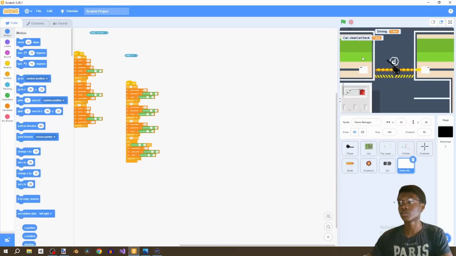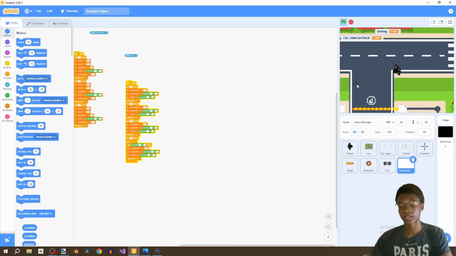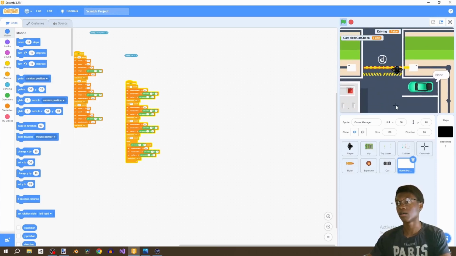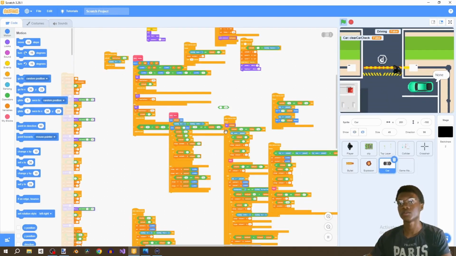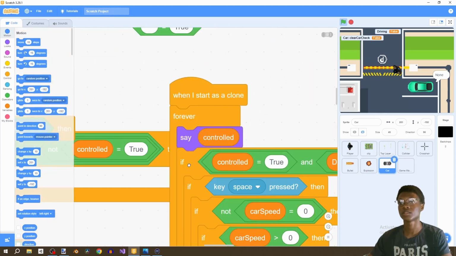Welcome to the 10th part of this tutorial series where we're creating a GTA clone in Scratch. And in this video, we're going to be adding civilians to our game. So let's get started with adding these civilians. So the current state of our game is, okay, actually, let's go ahead to our car and remove this,